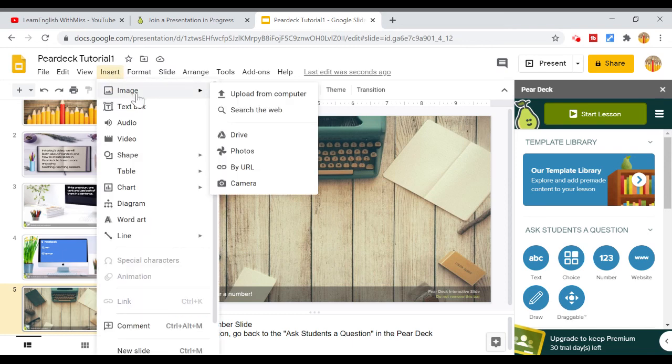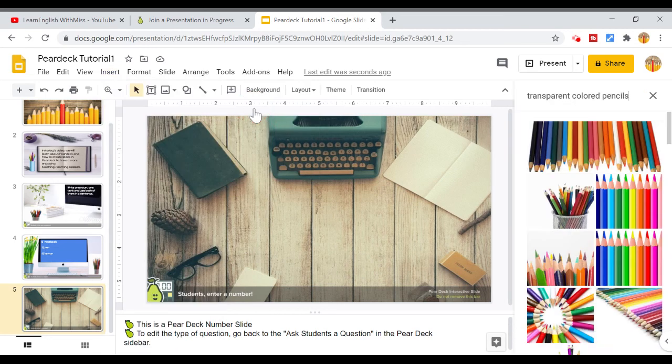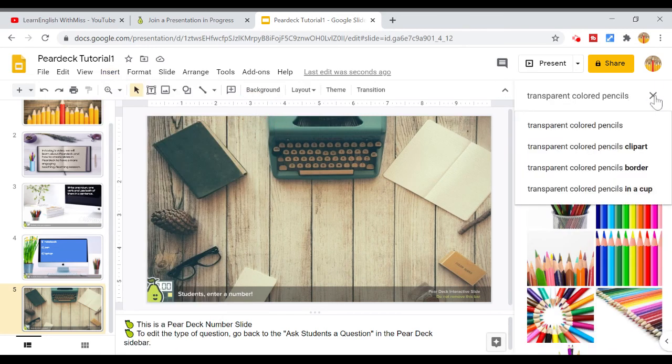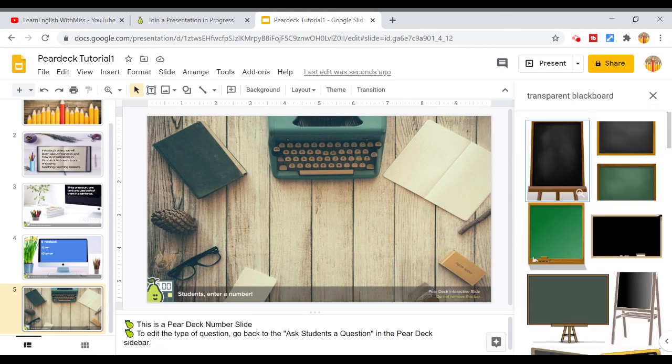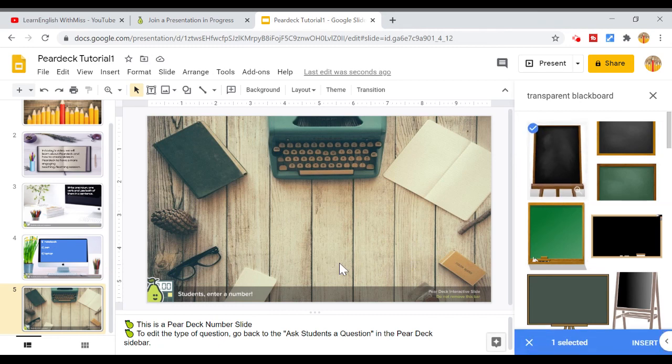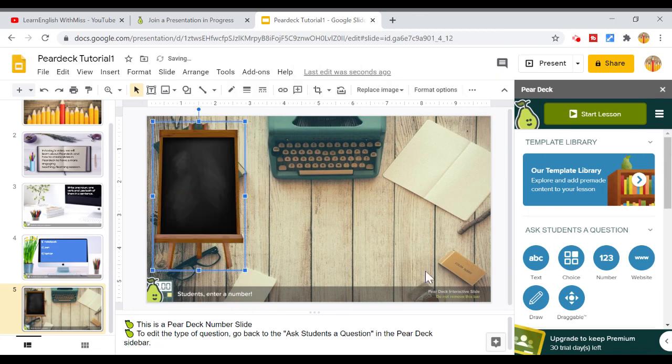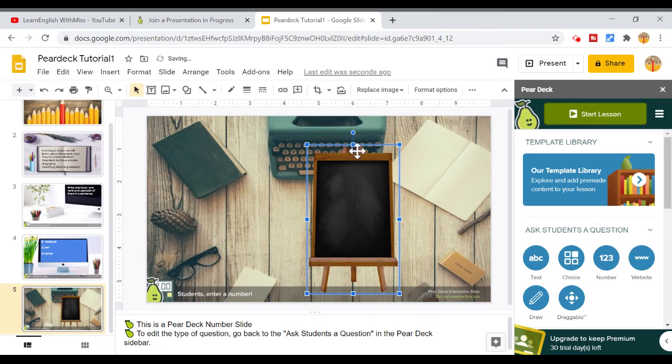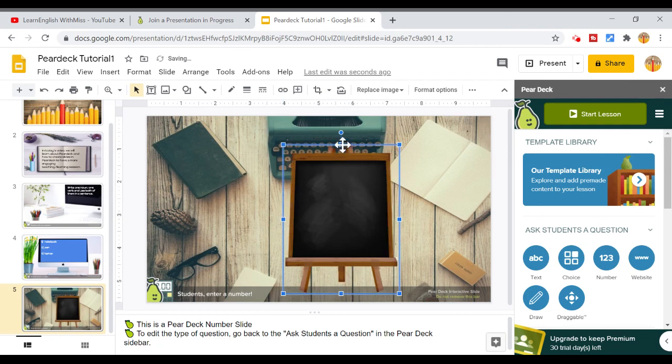So I'll go to insert and I will go to image and search the web. And I'm going to put transparent blackboard for my students. I'll select this one. It looks cute and I think it will go really nice with this picture. And I'm going to place it right over here. And the students can still see the typewriter. They might not know what it is, but